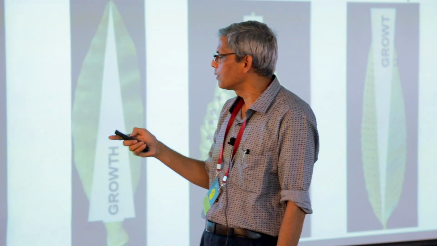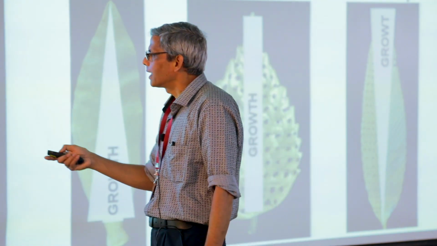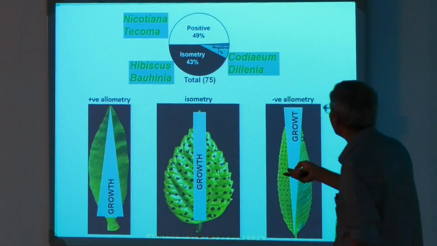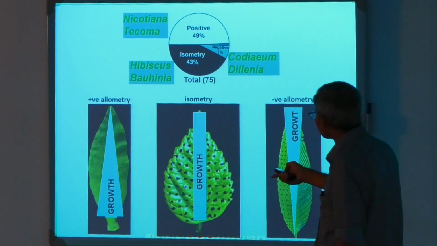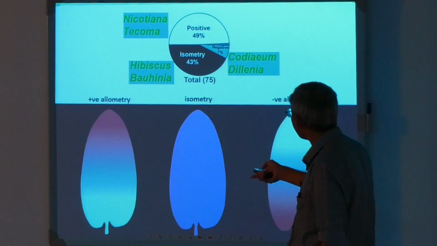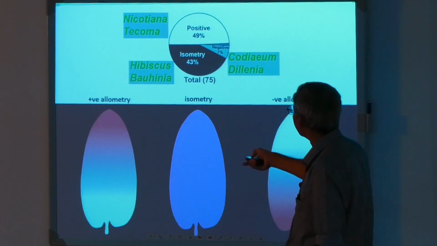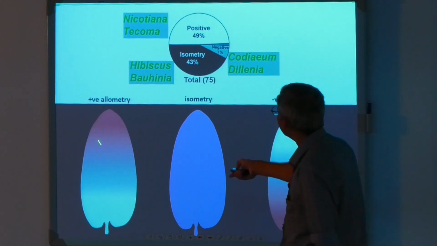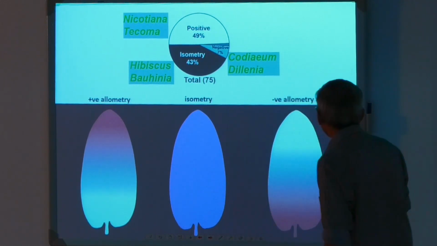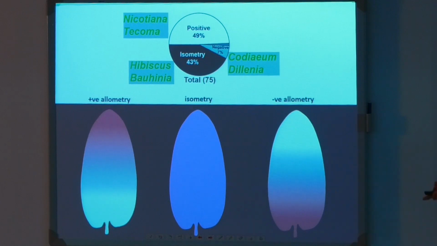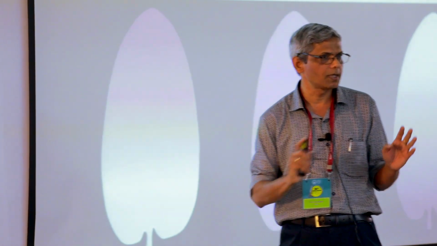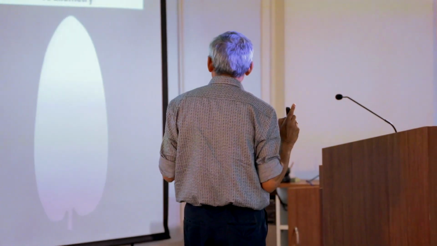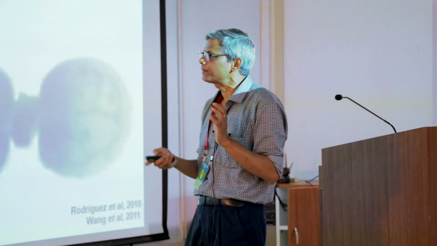So the null hypothesis would be that there must be some sort of molecule, quote unquote, which will induce the differentiation, but at a different region. For example, for positive allometry, the red color is the differentiation-inducing chemical, which will be distributed more at the top and less at the base. For the negative allometry, it will be more at the base and less at the top, and here it will be equally distributed. So we did a screen of all the usual suspects, and none of them had any correlation, except